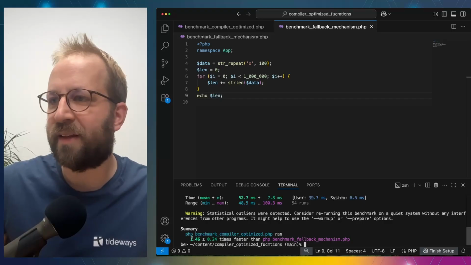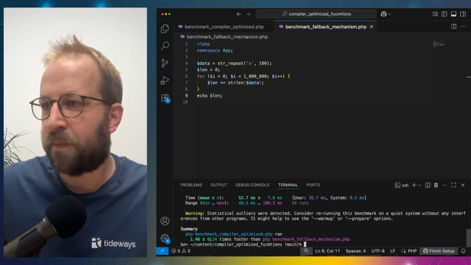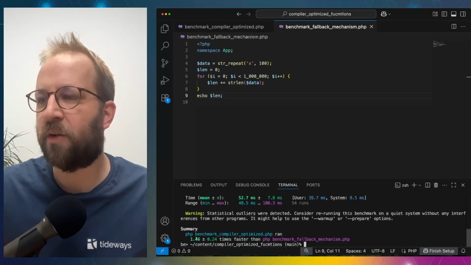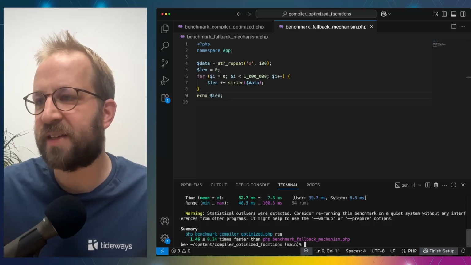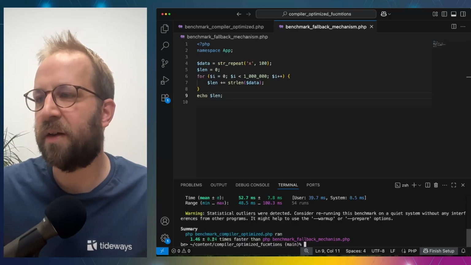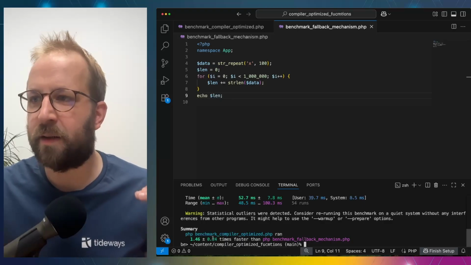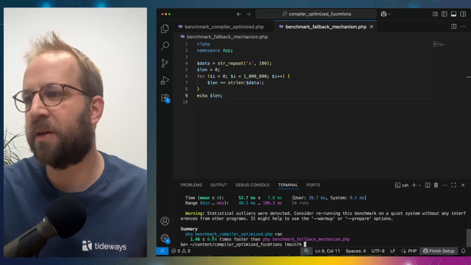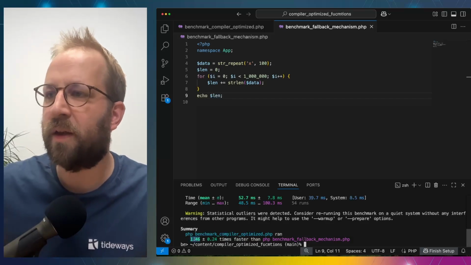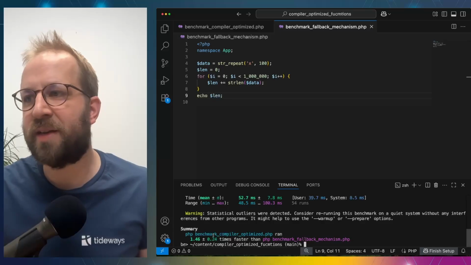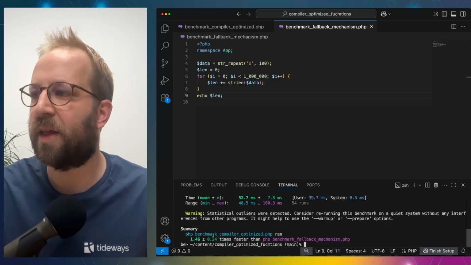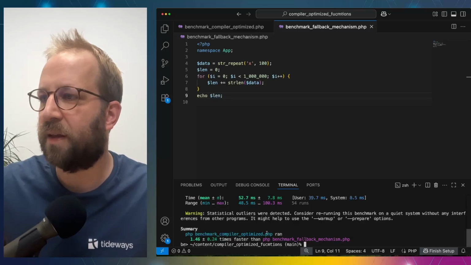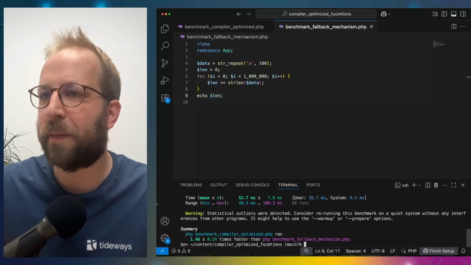In this case, we can see here the compiler optimized version runs 1.46 times faster with a statistical corridor of 0.24 times faster or slower than this value. So it's really about 20 to 60% faster than using the fallback mechanism. For open source code, you could argue that it should be a matter of good style